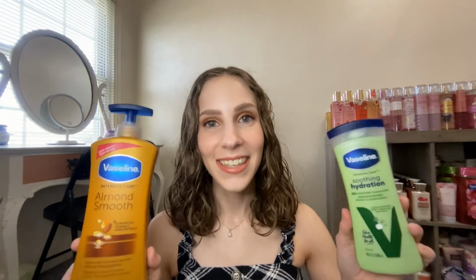I feel like at this point we've all heard of Vaseline, we've all tried Vaseline, and for the most part we all love Vaseline for a very, very good reason. These are fantastic. They've got Vaseline jelly in them, which just adds to the hydration factor, and they're non-greasy, which is so, so nice. Especially for the summertime when it's hot and you're sweaty, you go to bed sweaty, you wake up sweaty, you take a shower and you get out of the shower and you just immediately start to sweat. When it's that kind of weather, this is the kind of lotion you want to reach for because you're still getting that hydration factor, but it's not